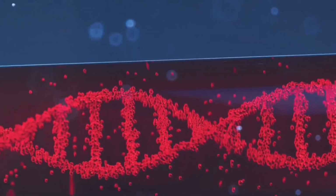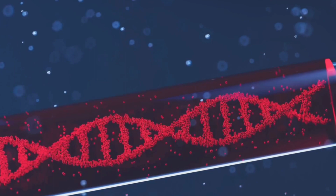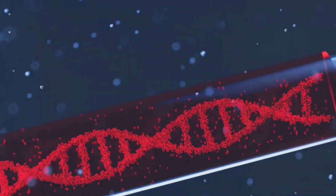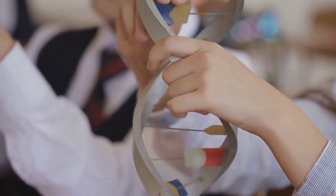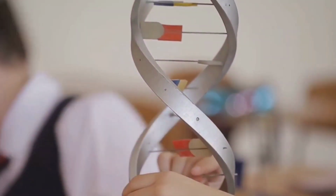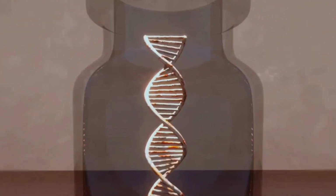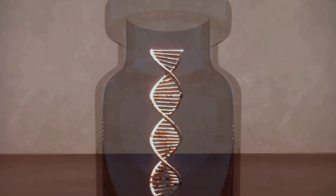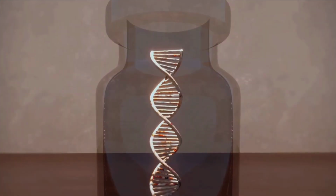Have you ever wondered what makes each human being unique, yet fundamentally similar? The answer lies in our DNA. DNA, or deoxyribonucleic acid, is an extraordinary molecule that stores all the information necessary for the growth, development, function, and reproduction of every living organism. It's essentially the instruction manual of life, carrying the genetic code that determines everything from our eye color to our